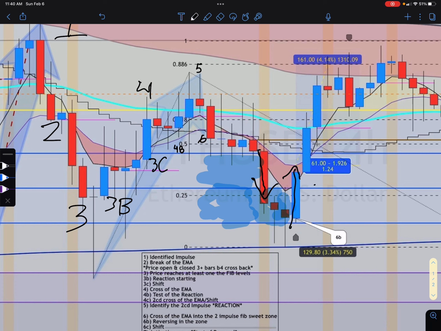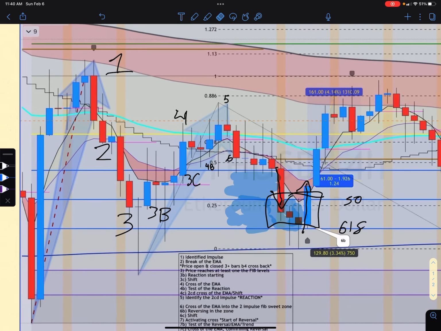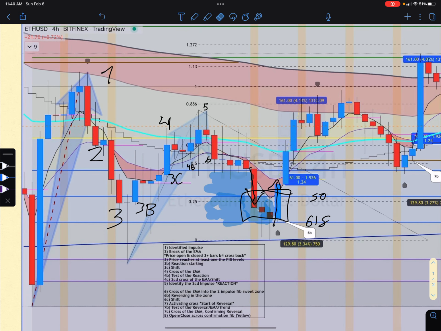Notice this big giant engulfing candle, price regaining the control from the 618 to the 50% zone. Remember, the buyers were here. The buyers had remained here because they are in this big giant uptrend. What did I just do? Buyers have been in this big giant uptrend the whole time, right? So when price finally came back and tested this pull